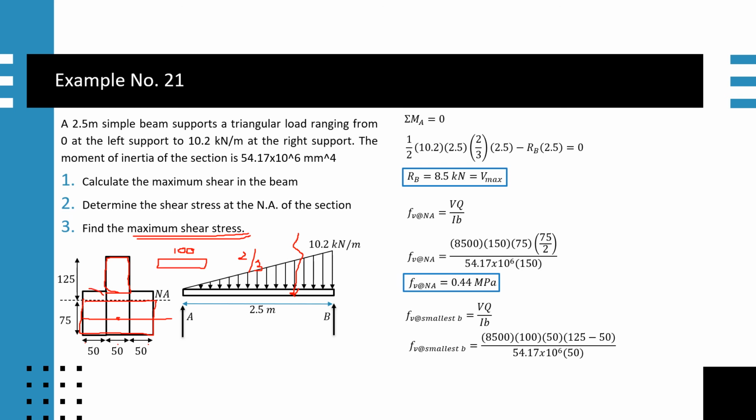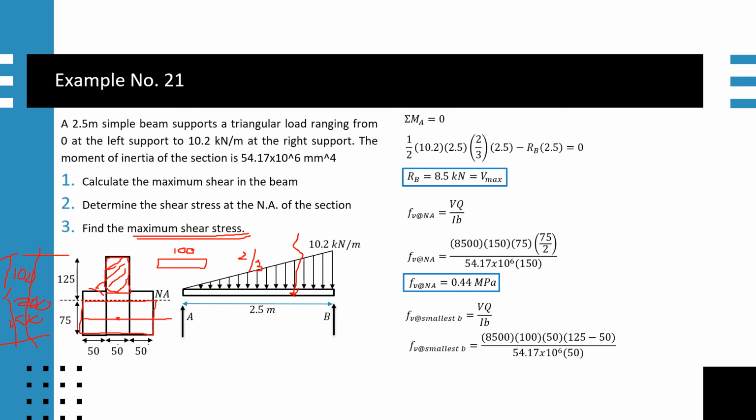Okay? Kunin mo yung area nito. The area of this one will be 100, kasi 200 to eh. This is 200 kabuuan. Ang kalahati niyan, yan is 100. And also, this one is 100 din. Okay? So, 100 times 50, kaya ayan. And then, 125 from the top. 125 ang kanyang,